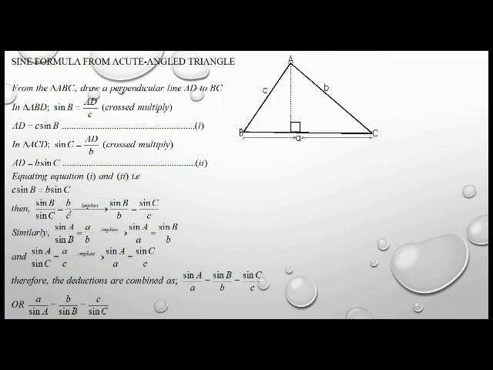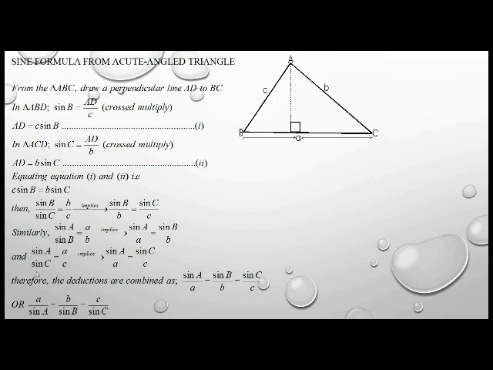That is what we have here. That is why what we have here implies what is happening here. Similarly, since this one gives us what we have here, sine B over B equal to sine C over C, that simply means sine A over sine B can also give us A over B, and it also implies that sine A over A will equal sine B over B, and sine A over sine C equals A over C, which implies sine A over sine B is also equal to sine